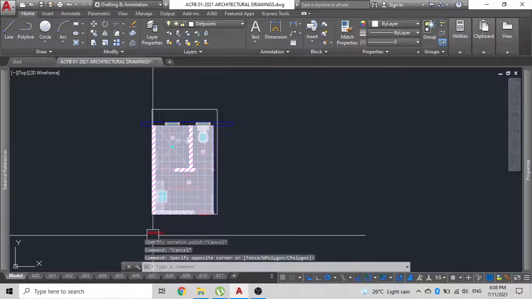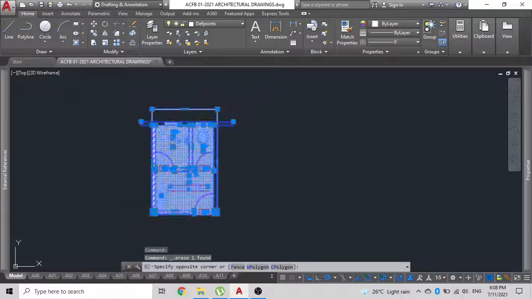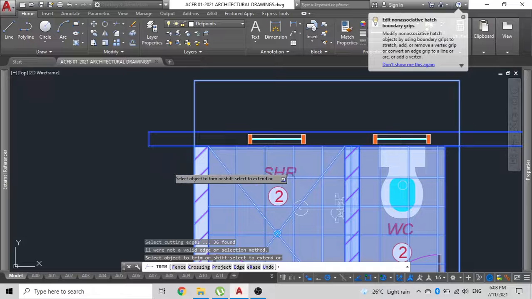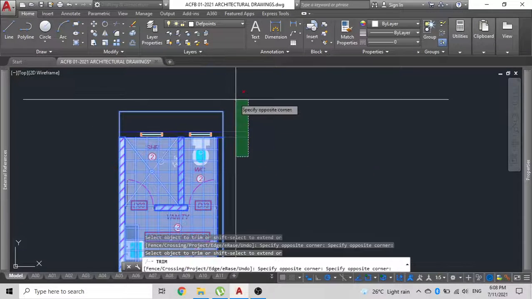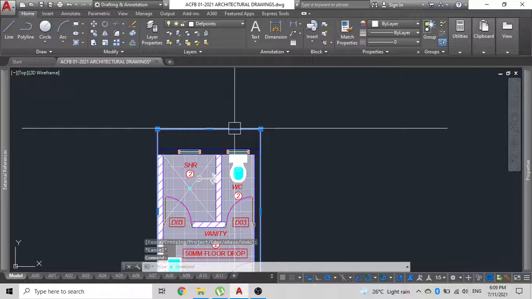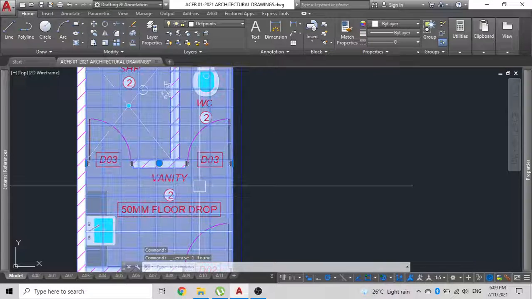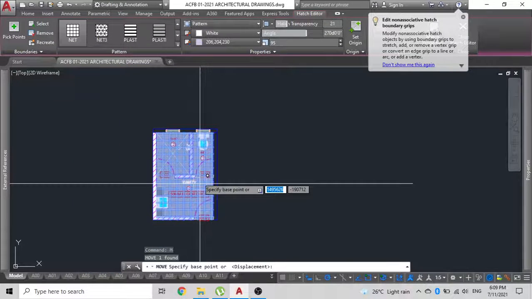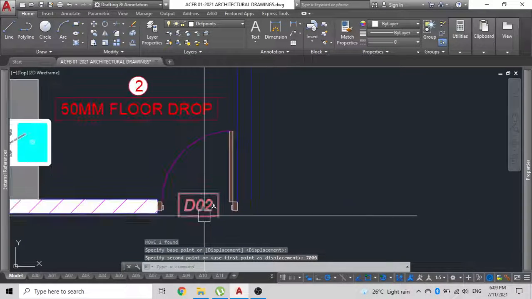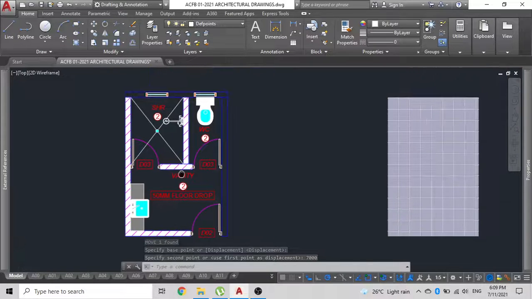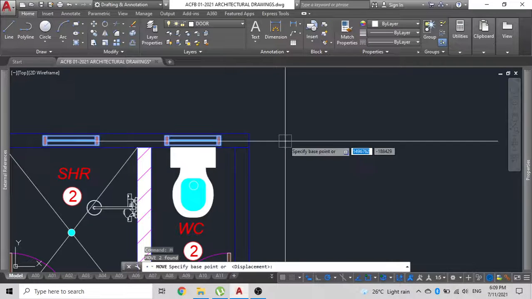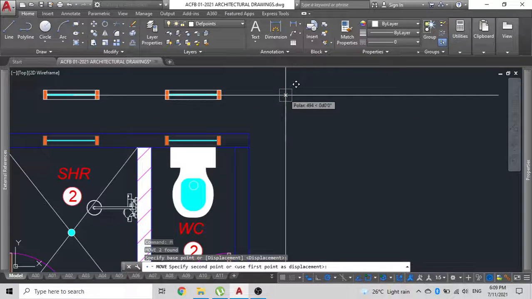Then you will reselect everything and delete. My apologies, you'll say trim for TR. So you'll now start to trim off everything that's going past your bathroom lines. In this case, there were only two, so I just remove the two. I'll move out the tile hatch for the time being to a separate place using a coordinate of my choice. Then I'll move out the windows as well so I can do the hatching there properly.